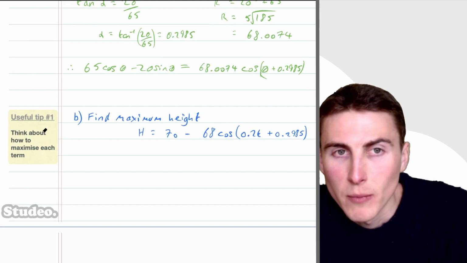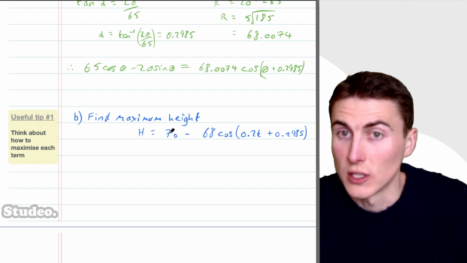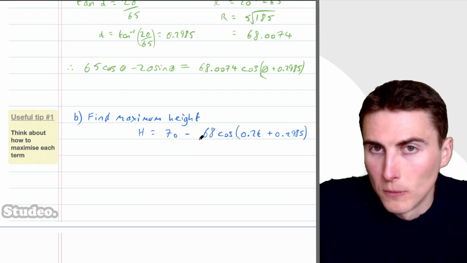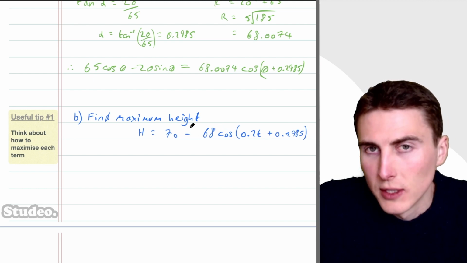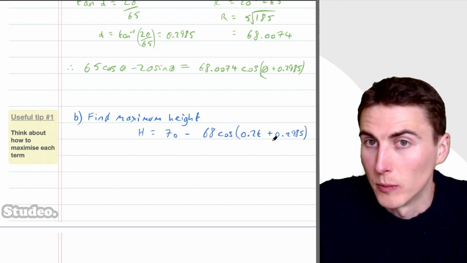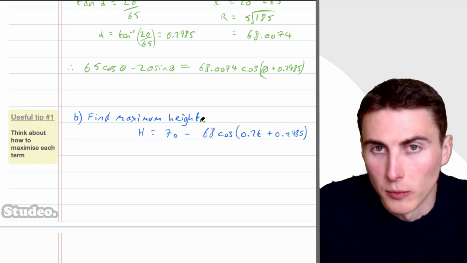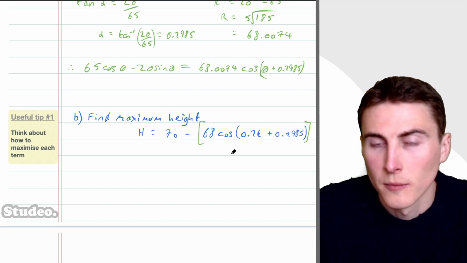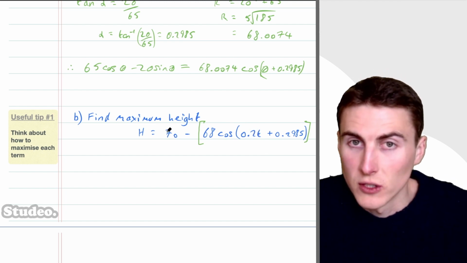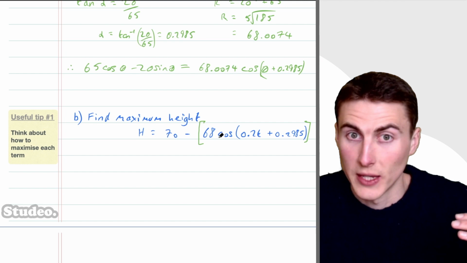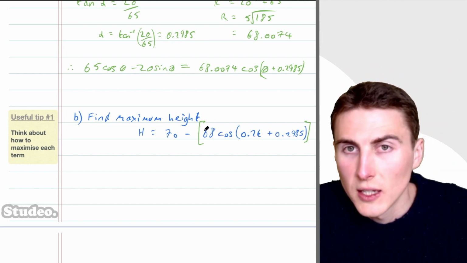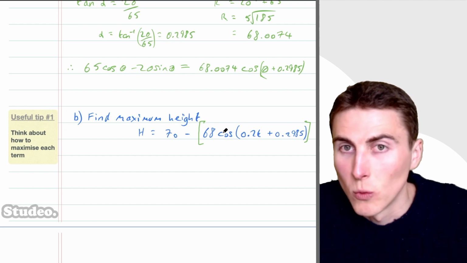Now, I want to think about how to maximize each term. 70 is just 70, there's nothing we can do with that. But what about this stuff? If I'm doing 70, take away this, I want this to be a negative number. It might help a little bit if I put square brackets down here. Yeah, I basically want this to be as big a negative number as possible. Because when I do 70, take away a negative number, that's going to give me a bigger number, like the maximum height. So to make this as big a negative number as possible, I would think, what's the most negative